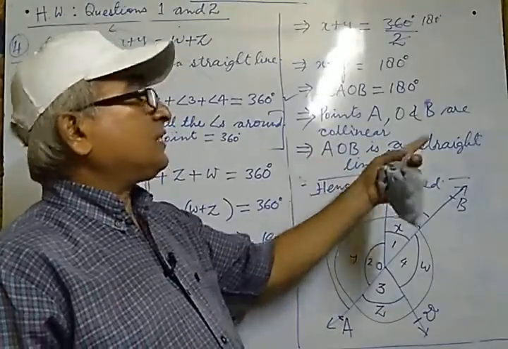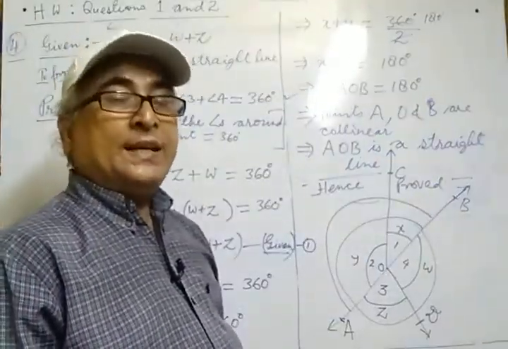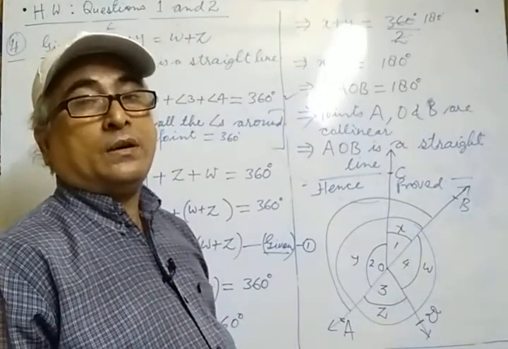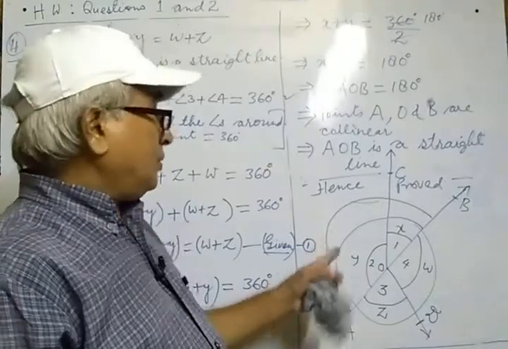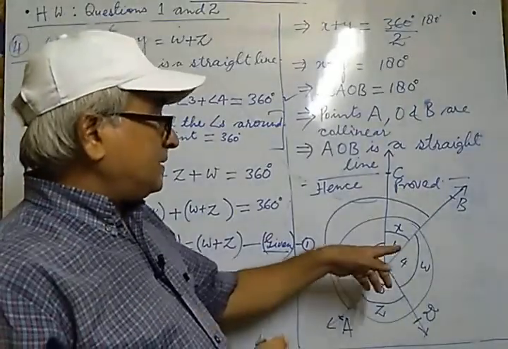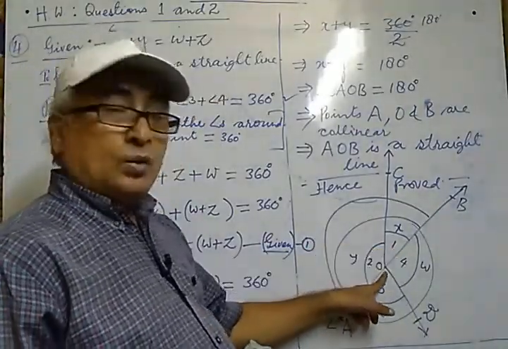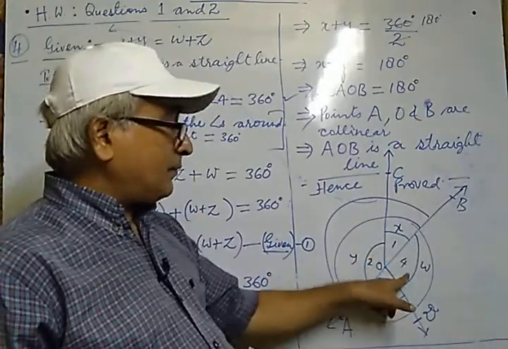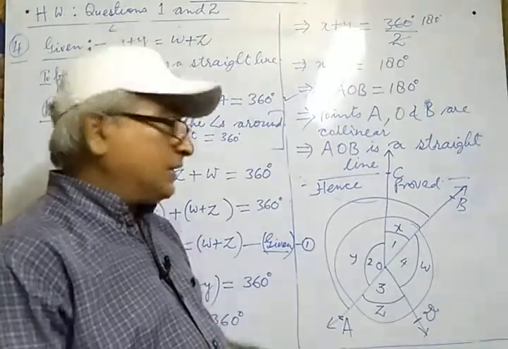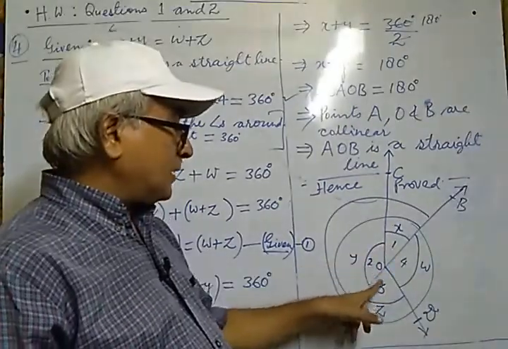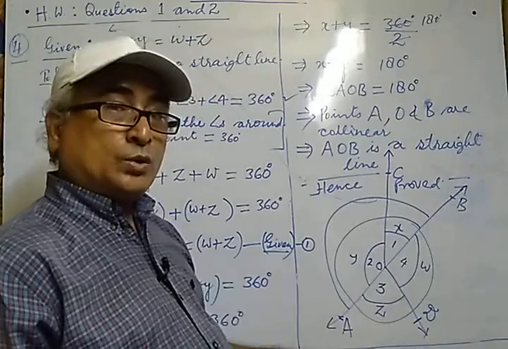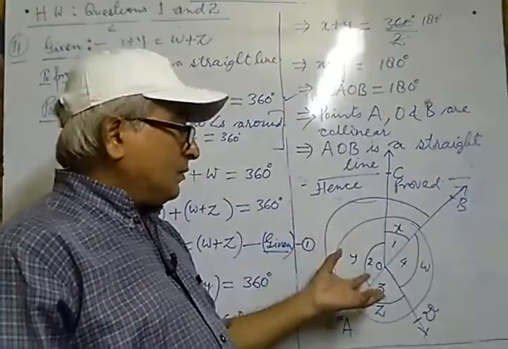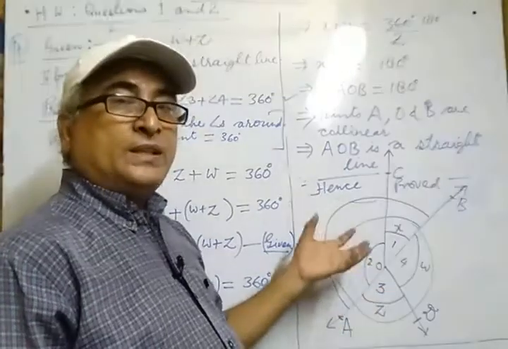And if collinear points are there, there would be the formation of a straight angle, and a straight angle means it is representing opposite rays. And what is an opposite ray? Exactly, opposite rays are known as a line. So firstly, according to the condition, at point O, how many angles are formed? Angle 1, angle 2, angle 3, angle 4. We have to add all these angles. Angle 1 plus angle 2 plus angle 3 plus angle 4 equal to, at a point, how many angles? How much angle is formed here? It will be 360 degree.